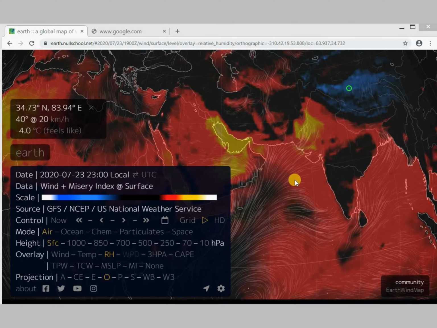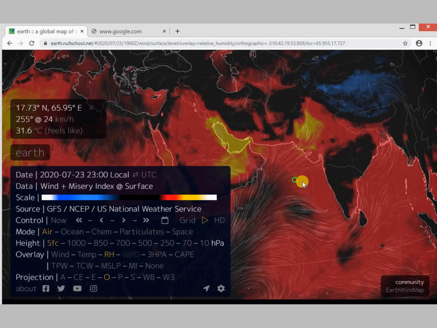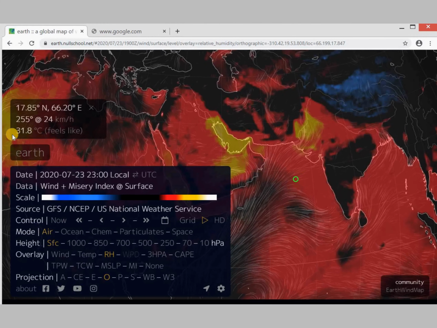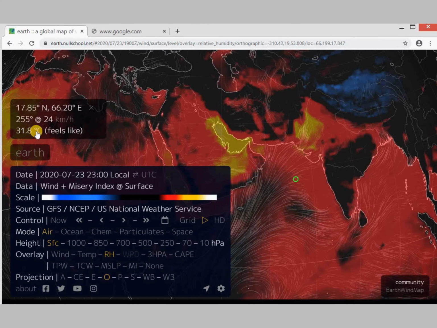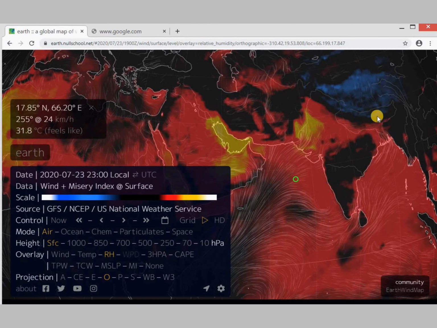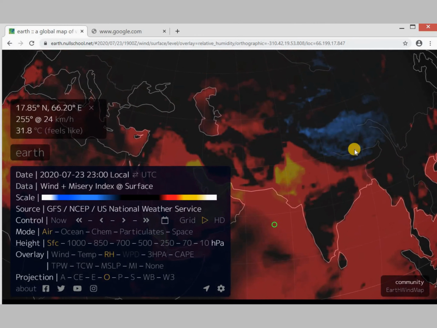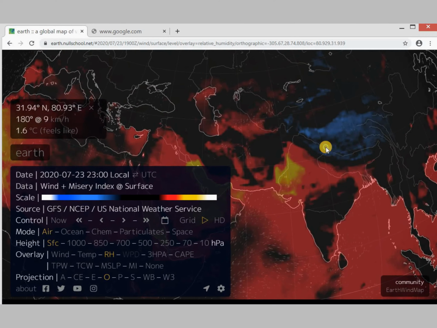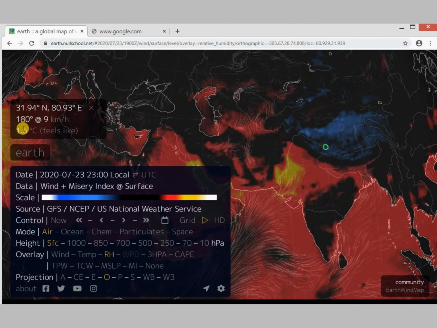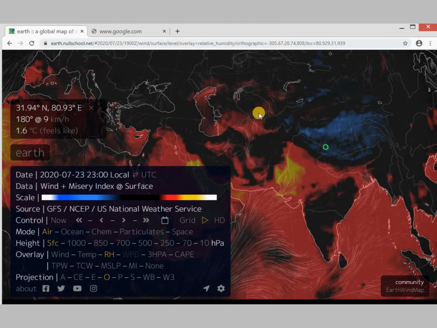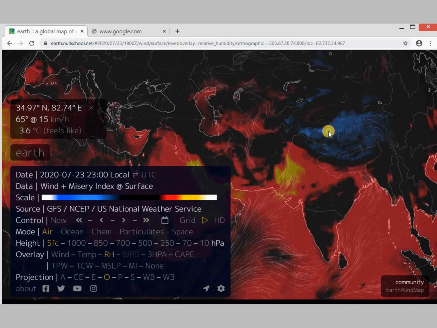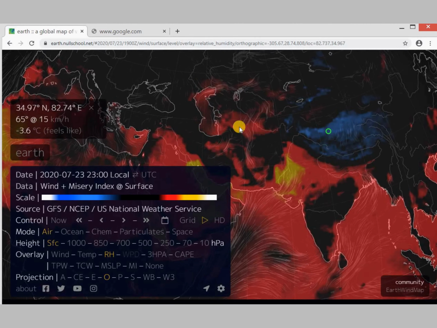The red color shows that over here in the Arabian Sea, the feels-like temperature is 31.8 degrees Celsius. If we see the Himalayas over here, the feels-like temperature is 1.6 degrees Celsius, while if we go further north, it's minus 3.6.